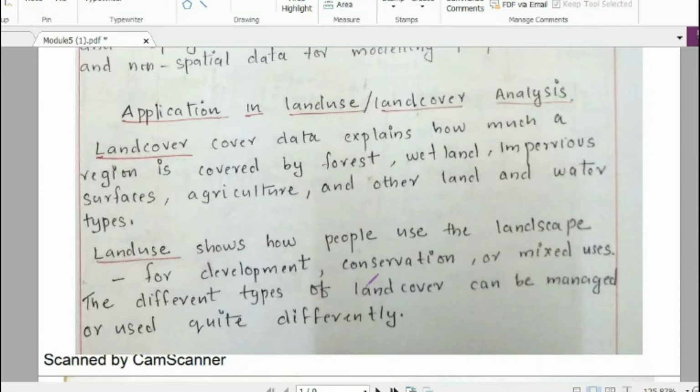It is nothing but if the Earth's surface is naturally covered with natural features, then those areas are called land cover. If the surface of the Earth is covered with various human-made or artificial features, examples like roads, buildings, or various industrial layouts,